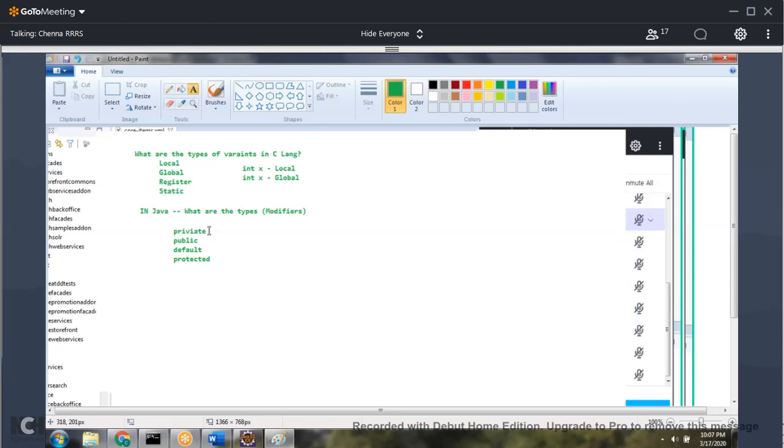If I make it private, it is available only in that class. If it is public, it is available in many places. If it is protected, only in inherited places. And if it is default, only for that package. Like that, we have different visibility. Basically, it defines the visibility.